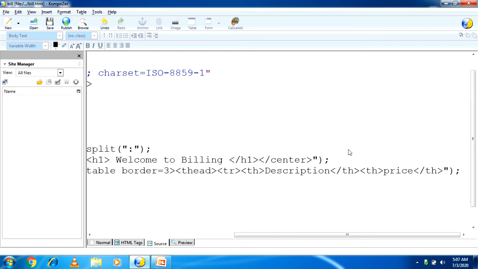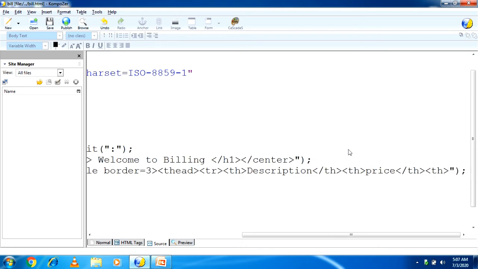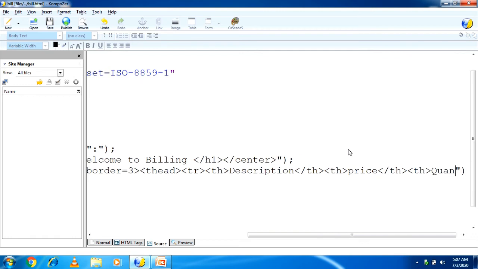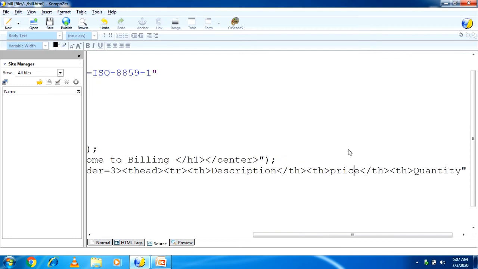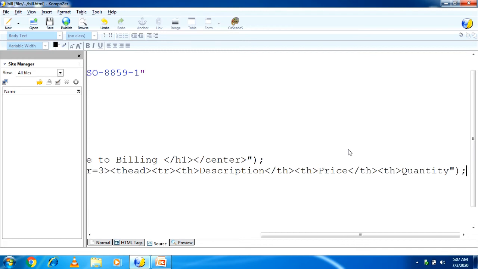Okay student, now next, TH quantity. So I'm writing quantity here. Here also the P of price should be capital. Okay, TH tag close.